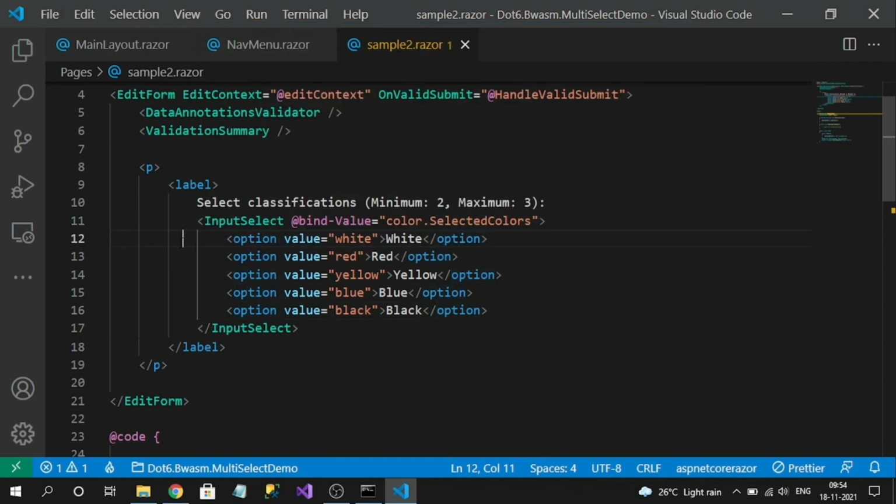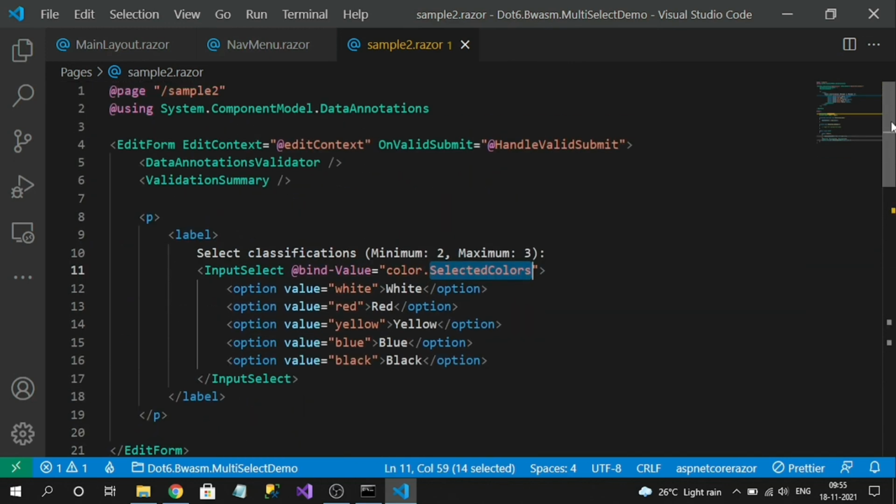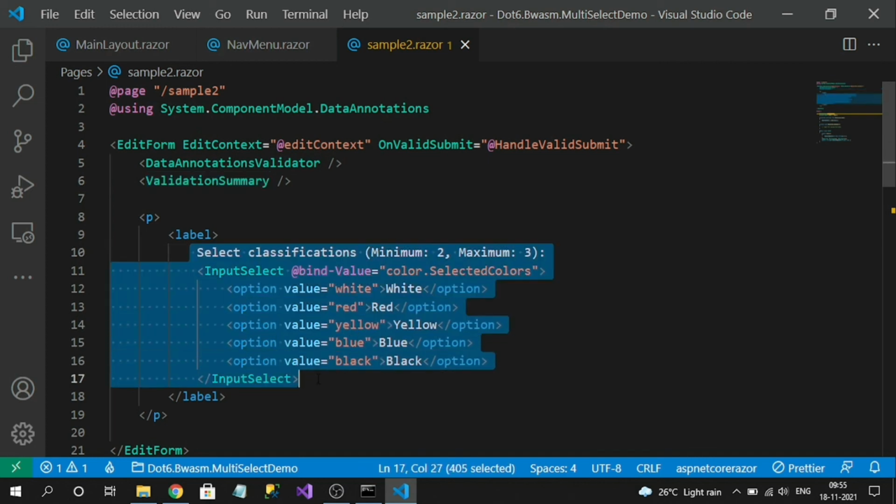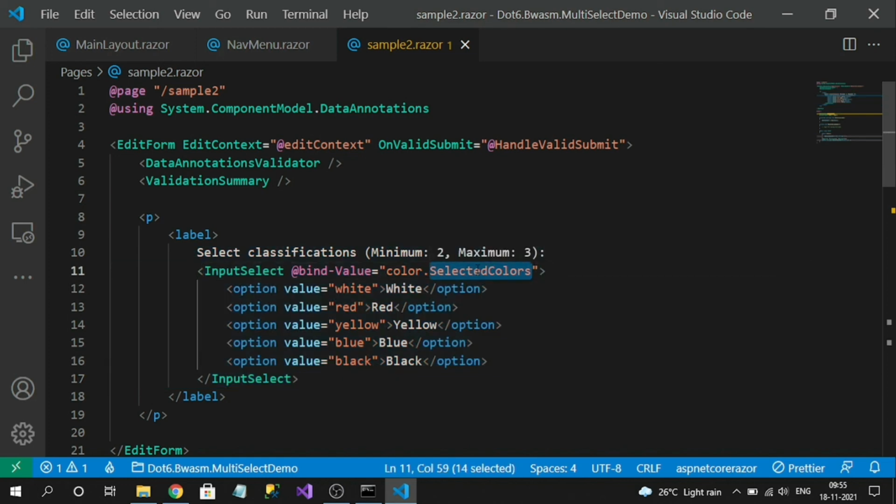Here we no need to specify any multiple attribute like we did for the select HTML element. Simply bind the property of our form model. So what we have done: we have rendered an edit form, added enabled validations and a validation summary, and finally added the input select. The only thing it requires is a property to bind, which should be an array.